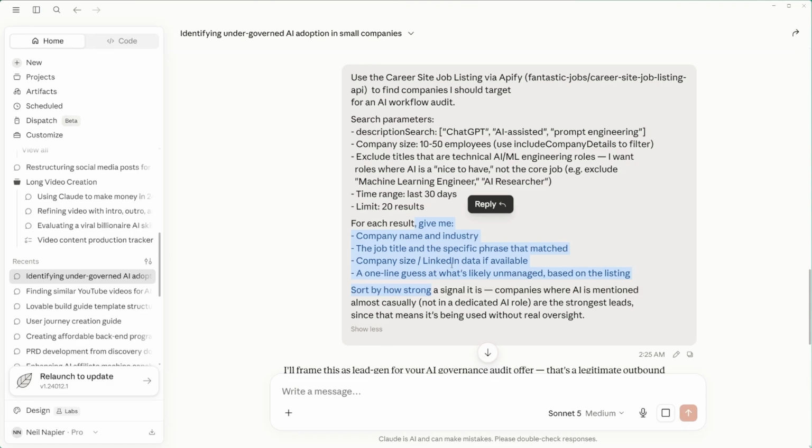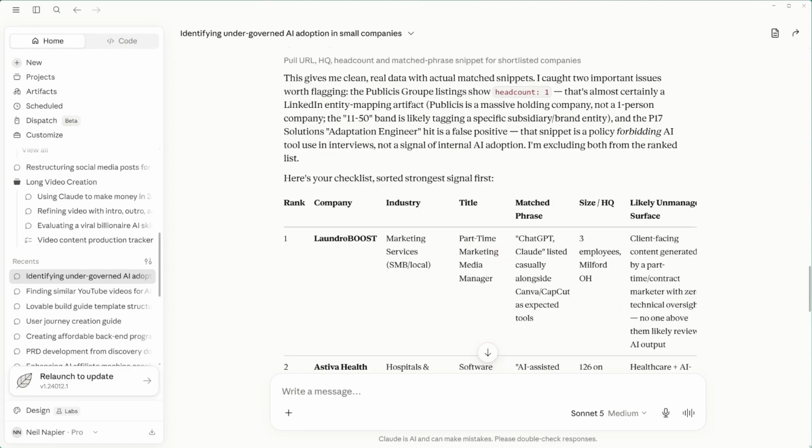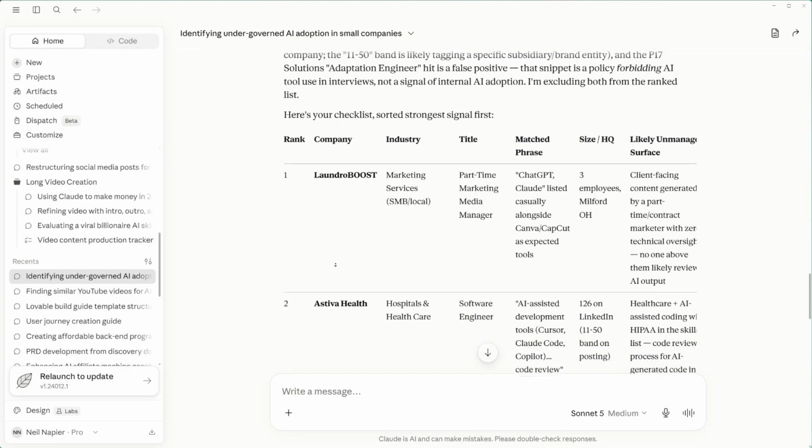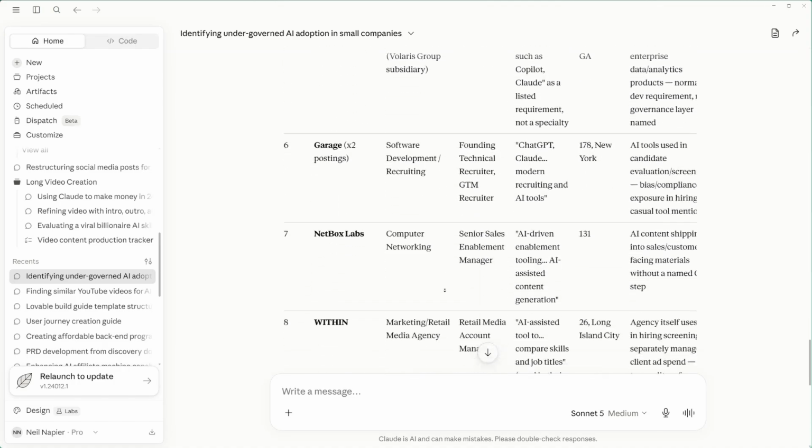And what Claude then does is it goes to Apify to find real-time data, which is what you want, because Claude's not able to do real-time search into job sites for which it would require paid access, which is why we use Apify. And let me show you what the result is. So there you have it. Based on real life data, we've got all the businesses over here, as you can see.